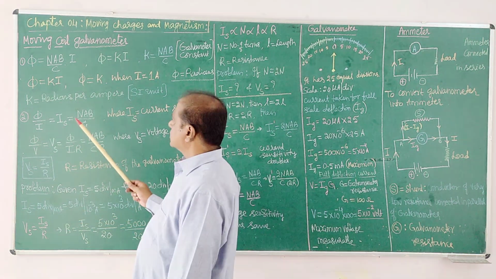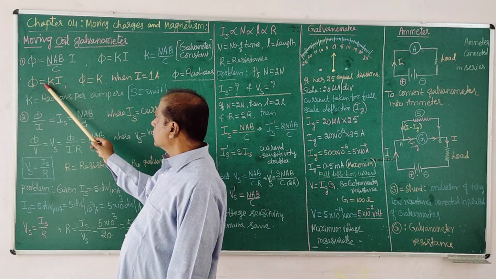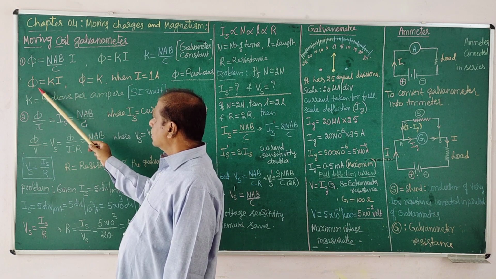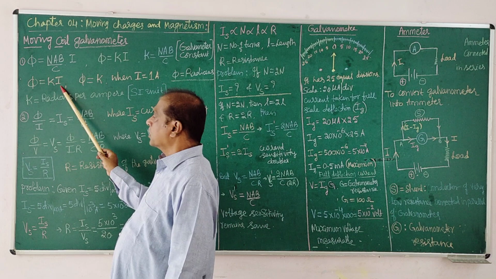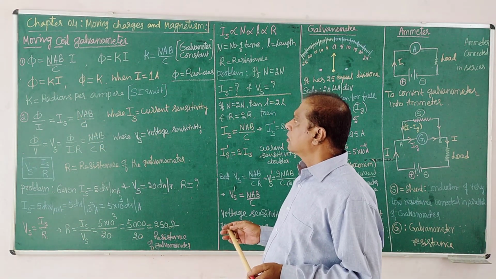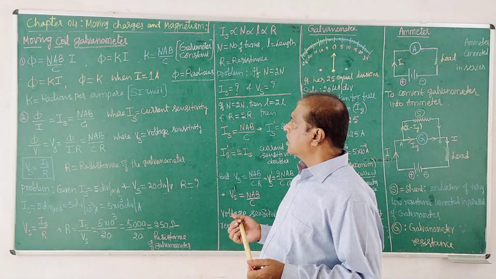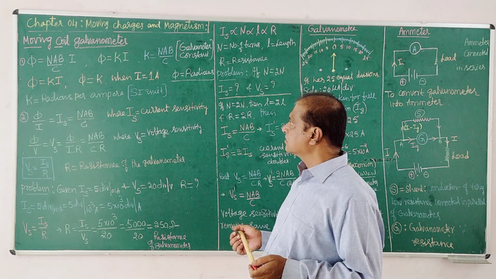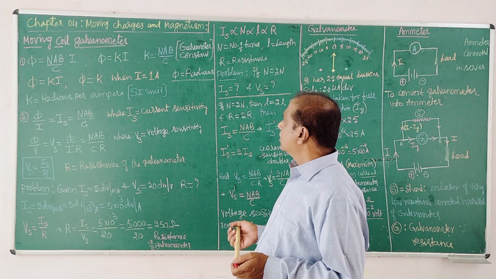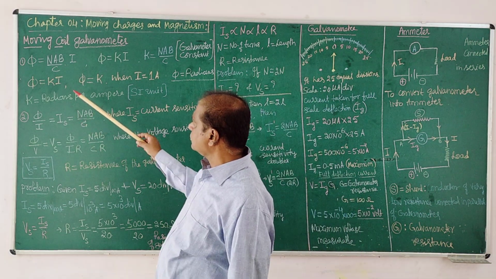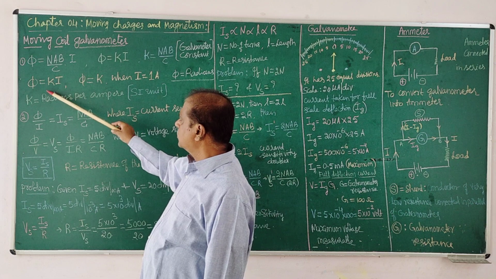Now the equation is simplified. Eta is equal to K into I, constant. Eta is directly proportional to the current flowing through the galvanometer, where that K is called the galvanometer constant. K stands for galvanometer constant. Now this equation,